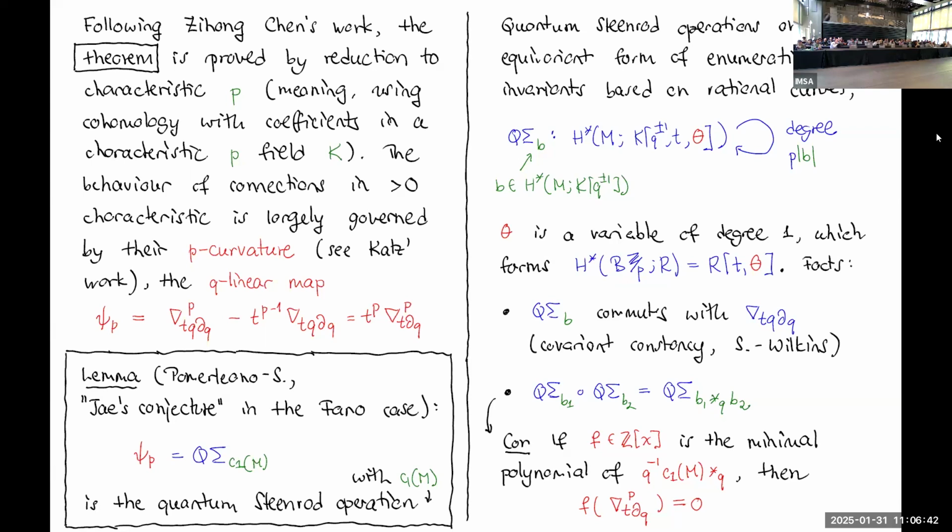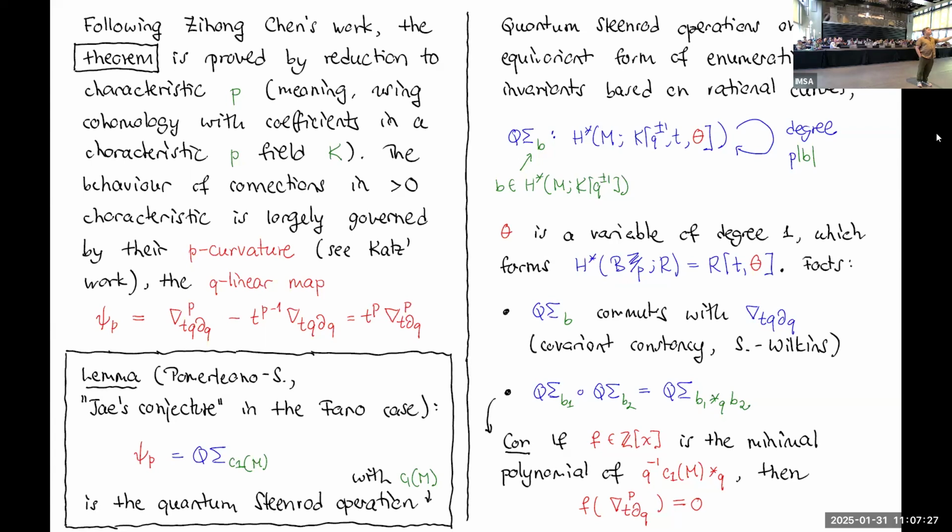Now I will talk a little bit more about quantum Steenrod operations later, but roughly speaking, what happens is you take a cohomology class b, which in this case is the first Chern class, and a q coefficient, and for each of those you have an endomorphism of our space with q plus or minus 1, t. There's a slightly annoying odd variable of degree 1, because the variable t can be thought of as depending on S1 symmetry, but the Steenrod operation, just like the classical Steenrod operation, comes from symmetry with respect to a finite group, in this case Z mod P, and so these two variables in the coefficient ring come from the